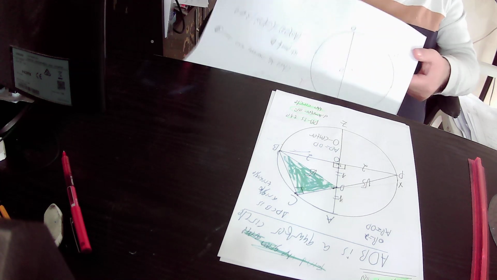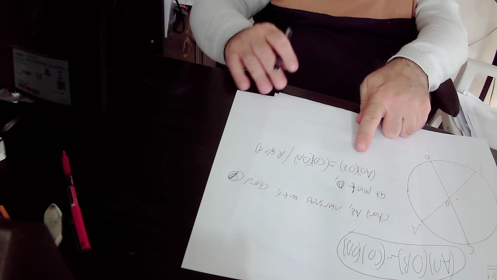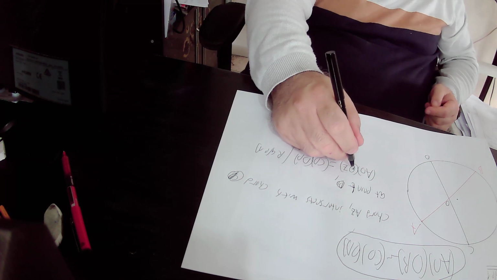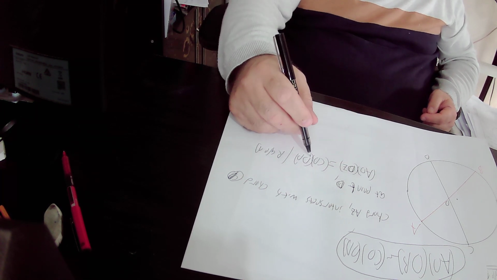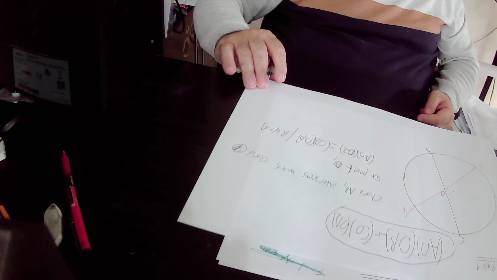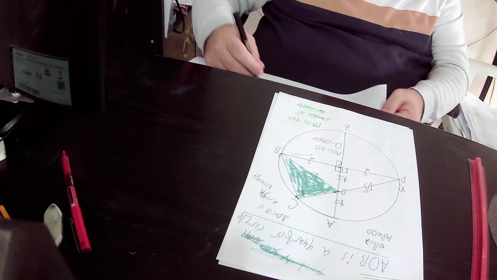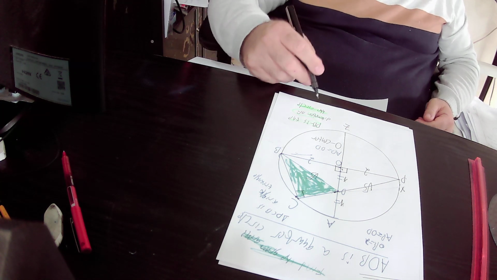I repeat again, according to rule number 1, AD times DZ equals CD times DP. Okay, so AD is 1, and here,